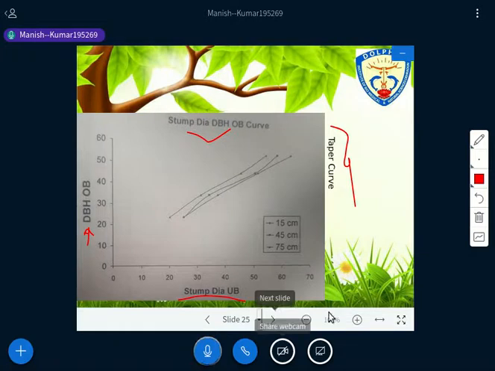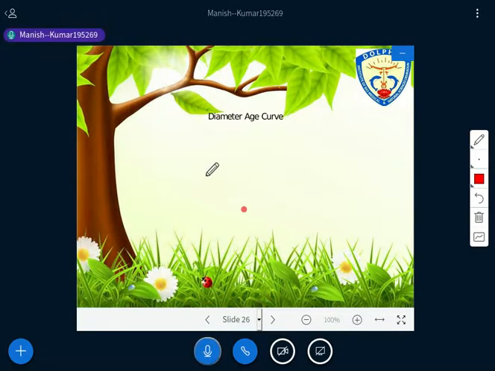Fine. And then after that you have to make a diameter age curve, right? The diameter age curve has to be drawn there. And how do the things have to be drawn there? So again we go to form number 3, where you get this value of average diameter, if you remember that. And then you go to form number 6, where all these other data has to be. So using all those data, we have to draw this diameter age curve, right? So these are the 3 computations to be made here, and then your analysis will be finished, right?